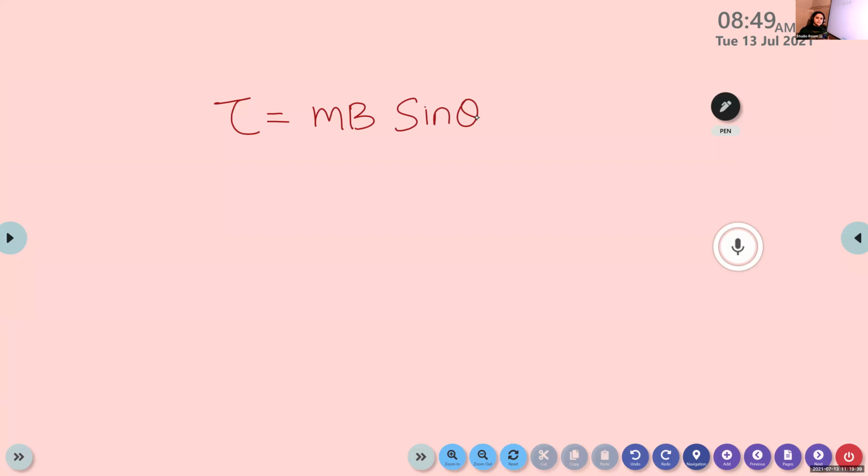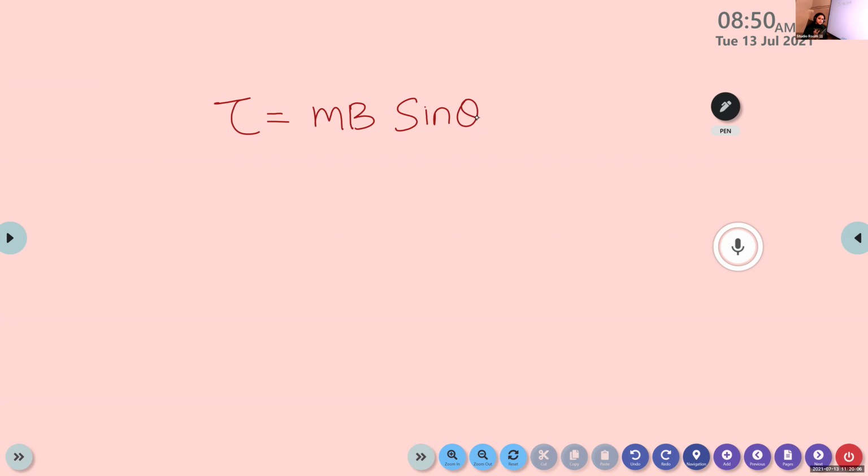So when a current I is passing through the rectangular coil that is placed between the poles of a strong magnet, it experiences a torque. Okay, that is the working principle of moving coil galvanometer, or it experiences a force. As a result, it undergoes a rotation. That rotational effect is known as torque. And the torque experienced by a rectangular coil in a uniform magnetic field is given by tau is equal to MB sin theta.